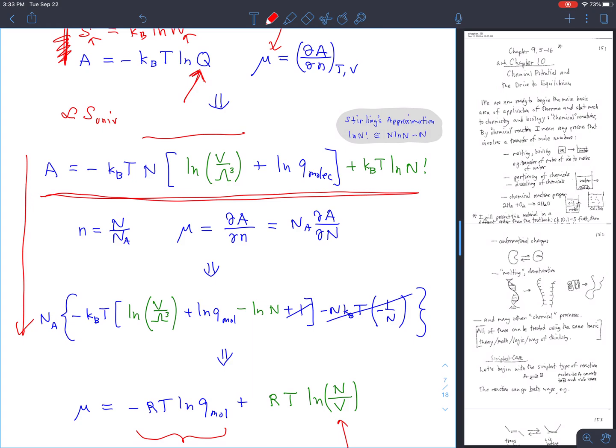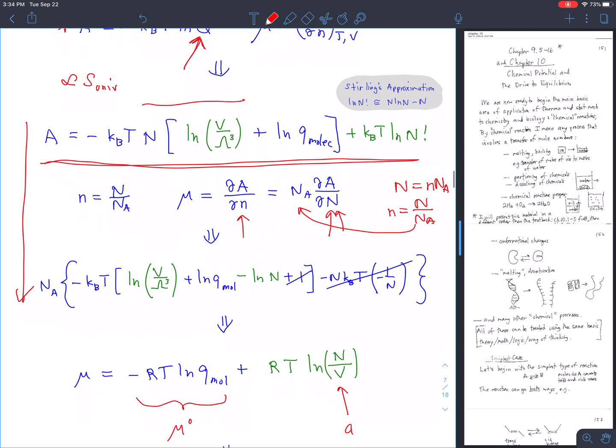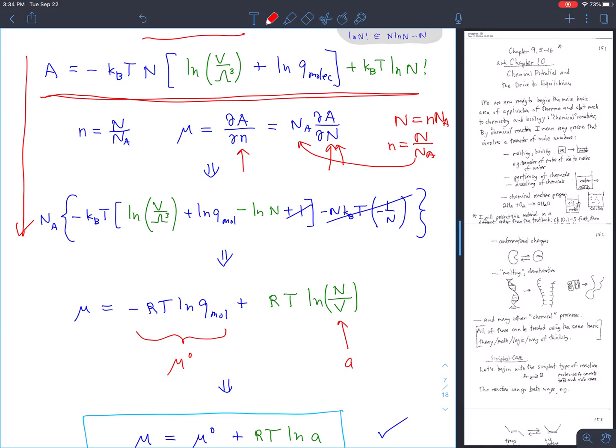Now I take a partial derivative with respect to mole numbers, and this big N is the number of molecules. That's equal to the number of moles times Avogadro's number, and so the number of moles is equal to big N over Avogadro's number. I use that fact here, so now I'm taking the derivative of the Helmholtz free energy with respect to the number of molecules rather than the number of moles. And now it's just a mathematical process. I take the partial derivative with respect to N here